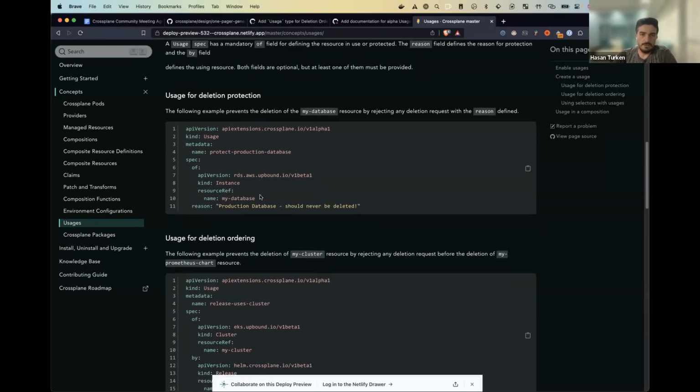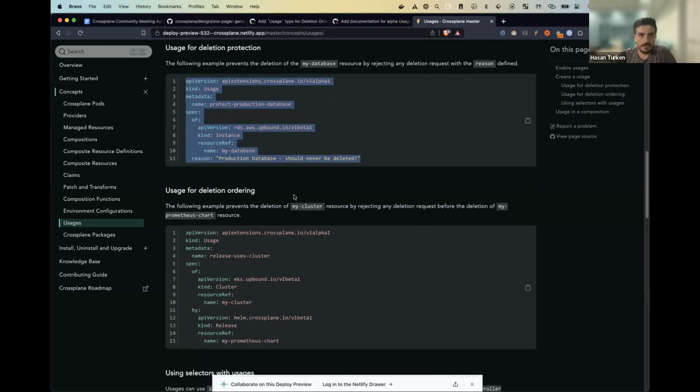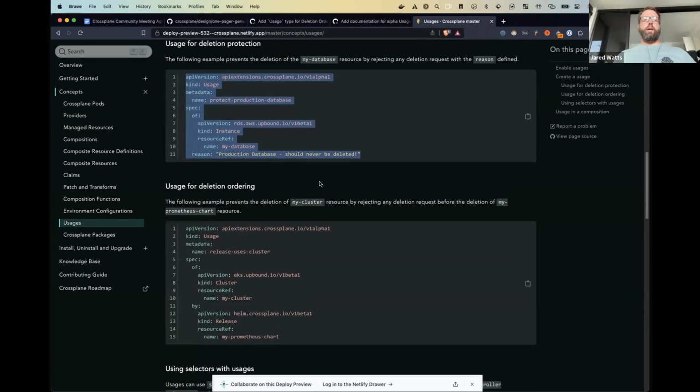For example, if you have a critical production database, then you can just define a usage of the database instance, and you can provide a reason why this resource should not be deleted. And once you define this usage, any deletion request to this database managed resource will be rejected.